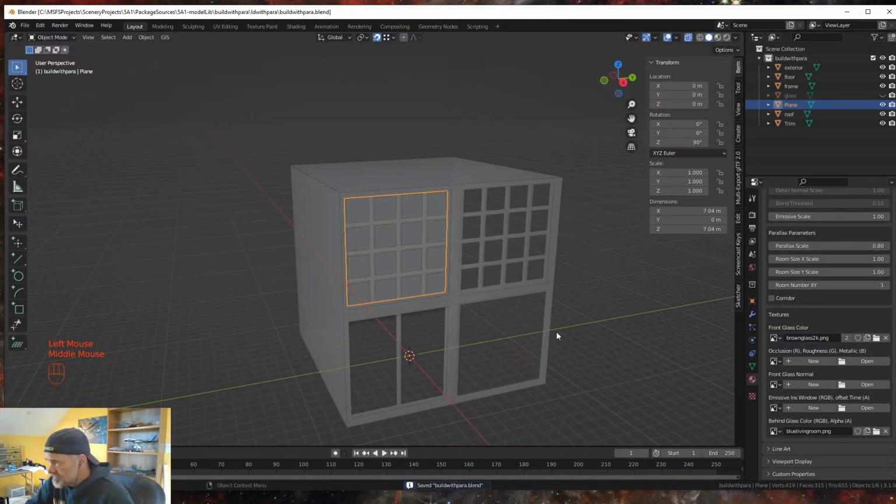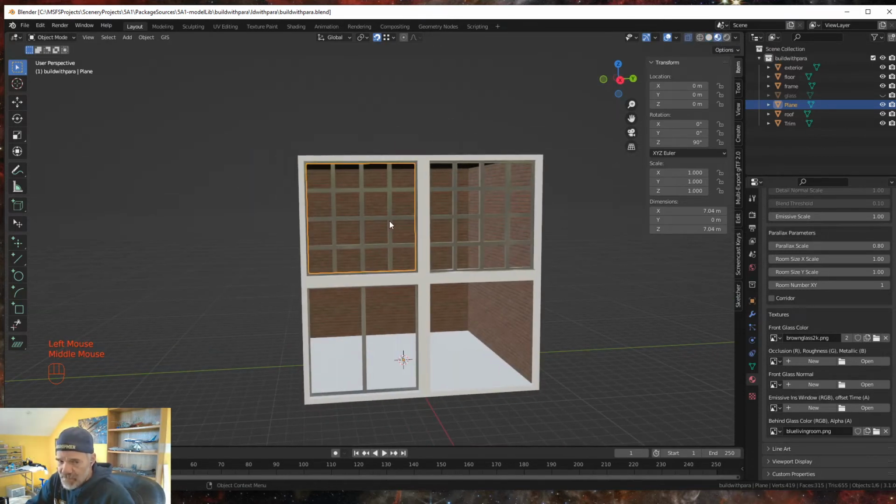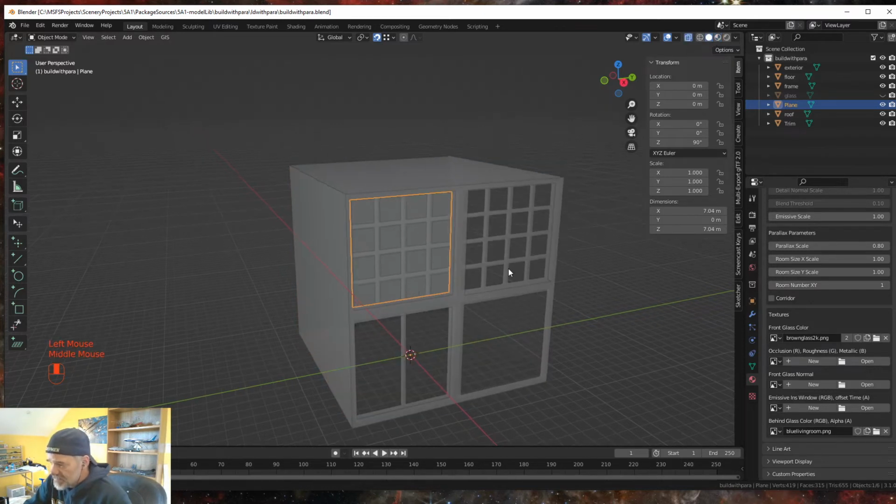Now let's bring in another room. Now this one had brown glass in it. Okay? The one that we just brought in has brown glass. Now if I do the view, it doesn't show up, but that's okay. It doesn't show up in Blender. All right, so let's go back to object and let's